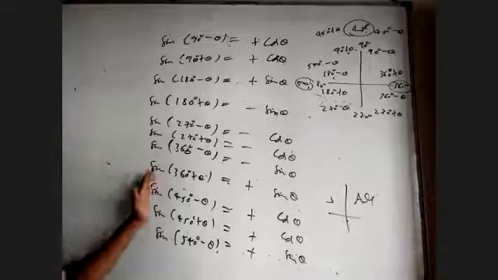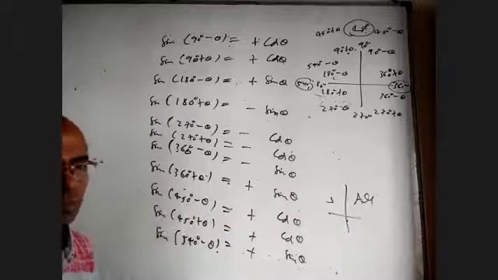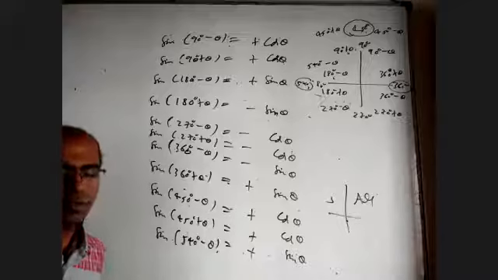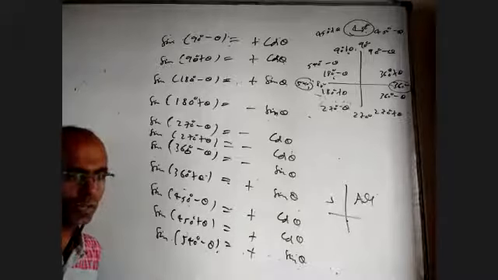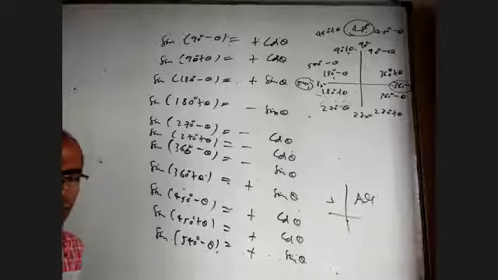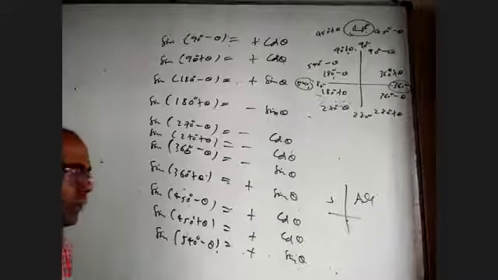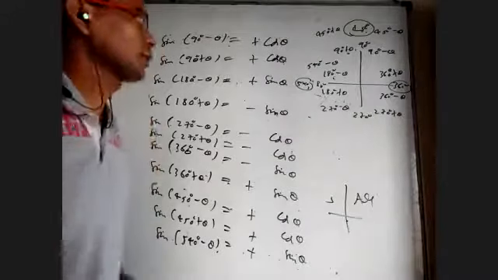Whether the same function will come or its counterpart will come depends on whether it is an odd multiple or an even multiple of 90. For sine, the counterpart is cos. For cos, the counterpart is sine. For tan, the counterpart is cot. Is it all right? So these are like formulas. Now let us find some angles where we are going to use these things.